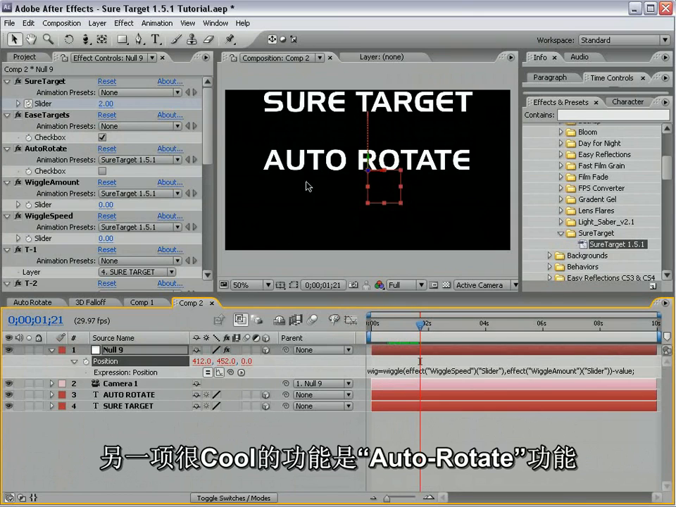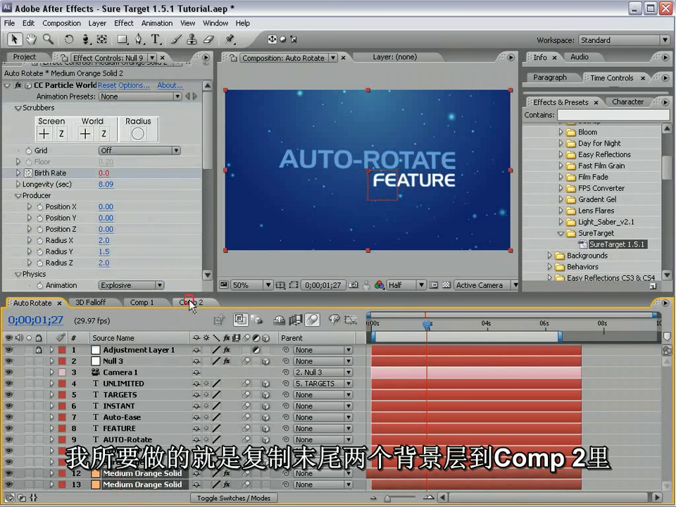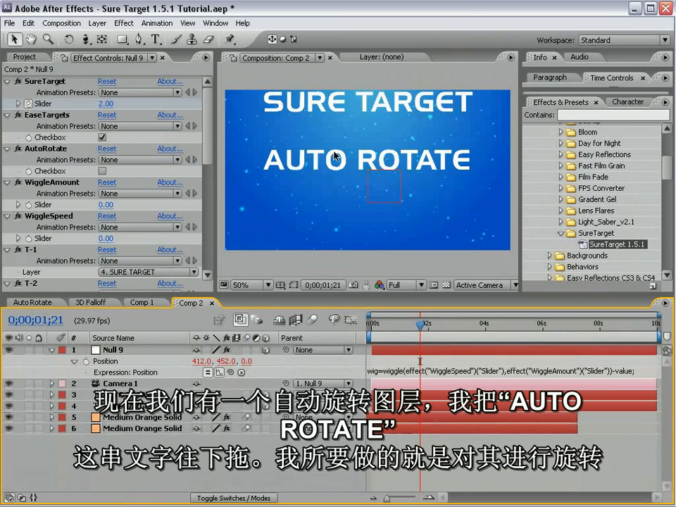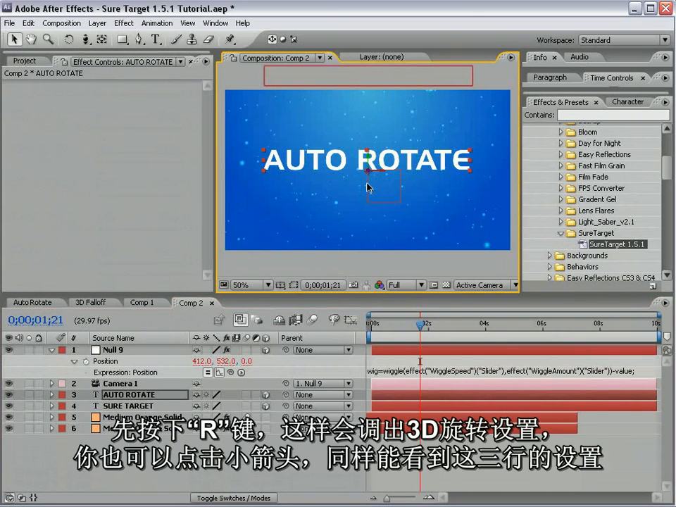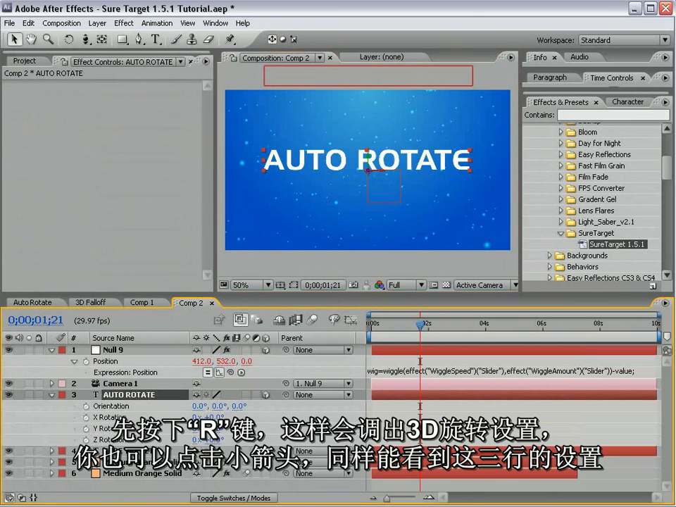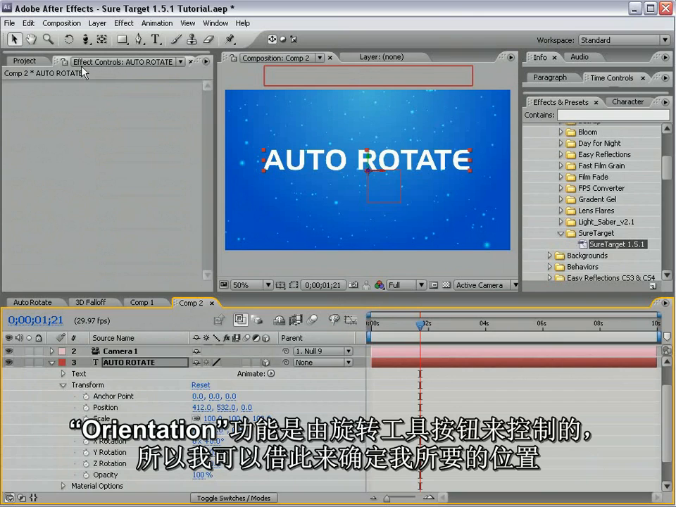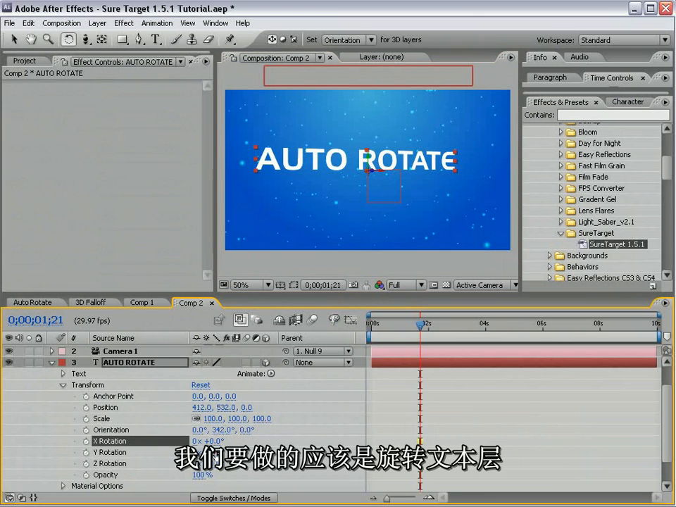Now the other cool feature is the auto rotate. So what I'm going to do is just copy our background and particles from the previous comp and just paste them into this comp, and I'll put them in the background here. So we have our auto rotate layer. Now I'm going to move it down, and what I want to do is rotate it. So I'm going to hit R, which brings up the rotation. You can also just bring it down to the transform, and you have the rotation right here. Now we're not talking about orientation. Now the orientation is controlled by the rotation tool, so I can orient the layer the way that I want, but the values for orientation change, not rotation. What we're going to do is rotate the text layer,